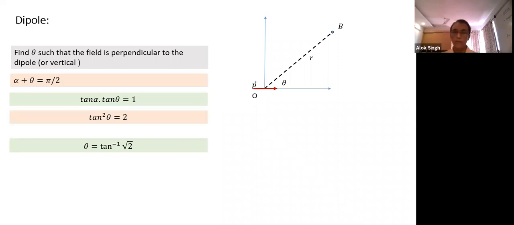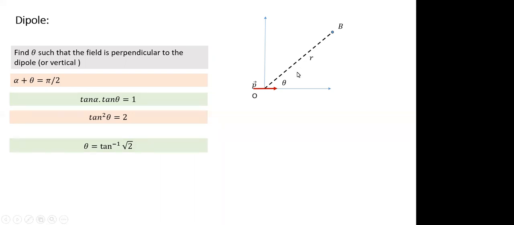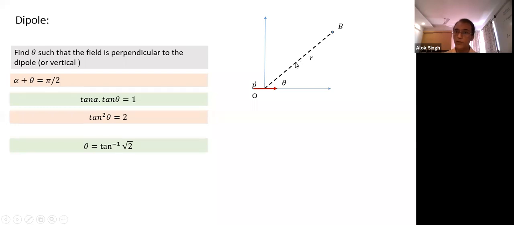In other words, suppose I draw a line from here. I have drawn a line at angle theta here. How will the field lines cross this radial vector? What is the nature of the field lines at any point crossing this line? Can you think of how the field lines will cross this radial vector, which is making an angle theta satisfying this condition? Vertically upwards. Field lines will be perpendicular and going upwards. So everywhere on this line, that's what it means. Anywhere on this line which is making a particular angle, the field is vertically upwards. So everywhere the field has to go upwards, not only at one point.